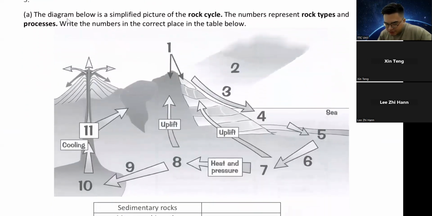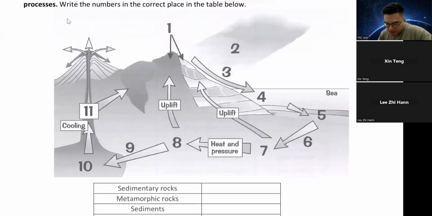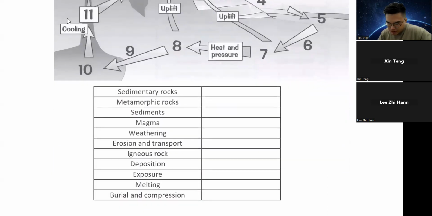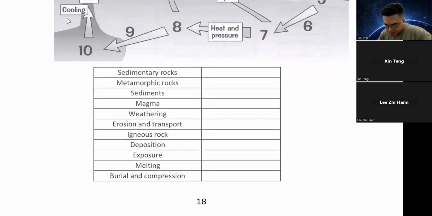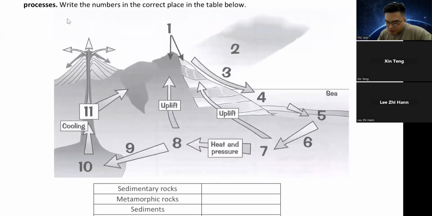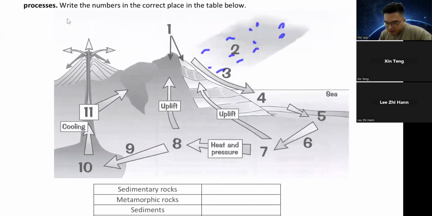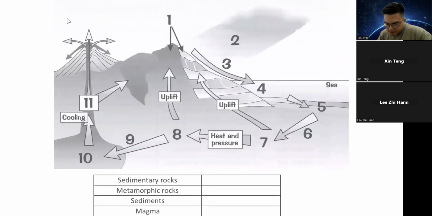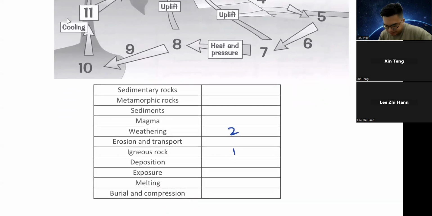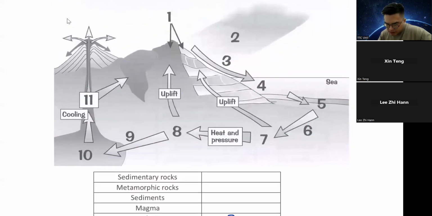Okay, so this is the simplified picture of a rock cycle. Let's look at number 1. What is here? This is your igneous rock. Is it? Yeah, I think this is your igneous rock. Number 2, what it says, this is your rain. This is your erosion or weathering. Okay, weathering. And then erosion and transport. Wait, I think this is